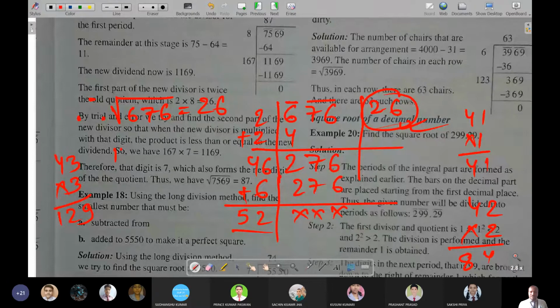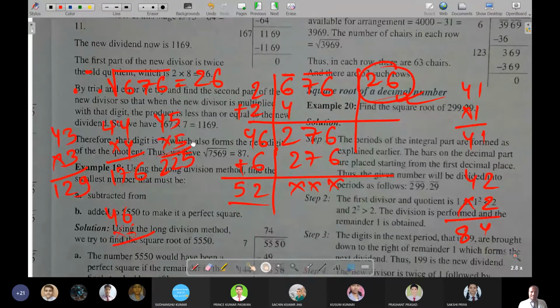If keeping 4, then with 4 we will be multiplying. That is 4 4s are 16, and 4 4s are 16 and 1 is 17, 176. If we keep 5, then with 5 we will be multiplying. That means 5 5s are 25, carry 2, 4 5s are 20, that is 225. That is also small. If you keep 6, then you will find it comes exactly. Like 6 6s are 36.